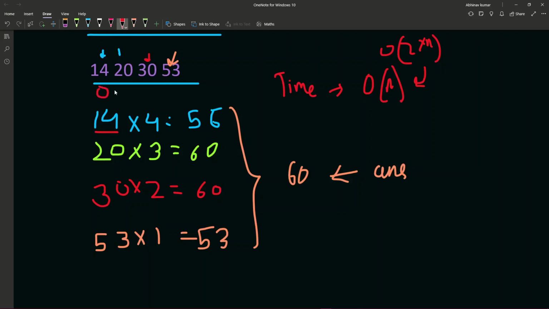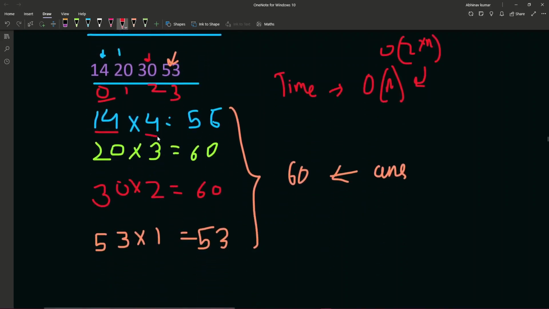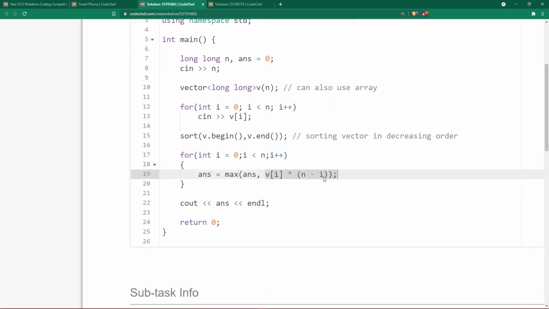The i is going to be 0 in this case, 1 in this case, 2 in this case, and 3 in this case. So n is 4, so n minus 0 is going to be 4. Then in the next loop, it is going to be 20 into n minus 1, which is going to be 3, and like this. This symbolizes that, and we are going to take the maximum of all of these, and at the last we are going to print it.